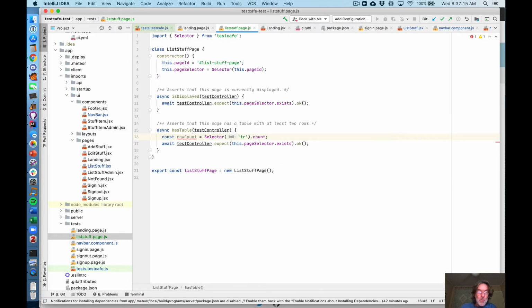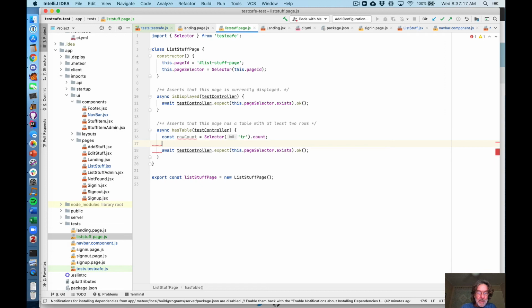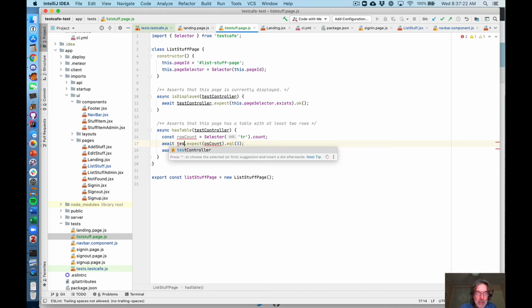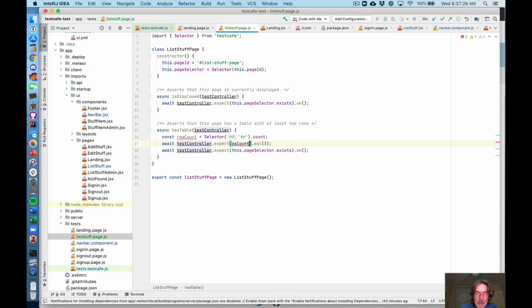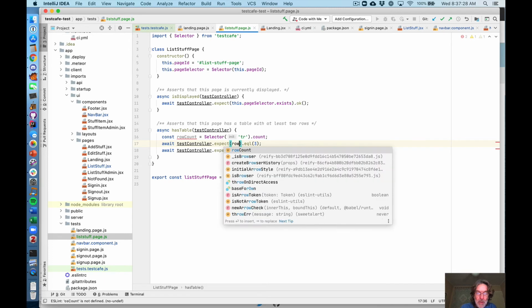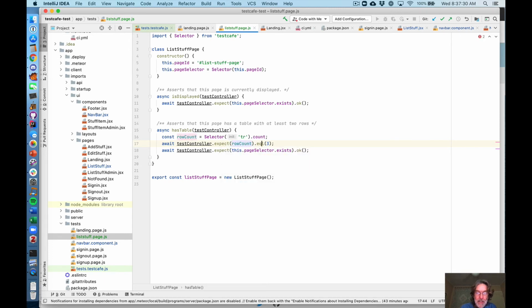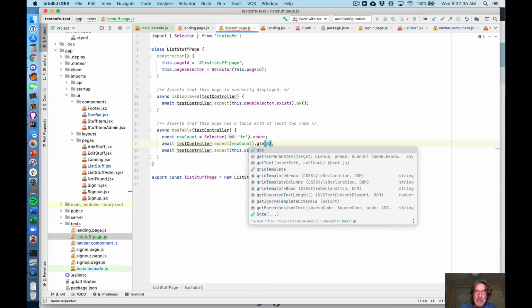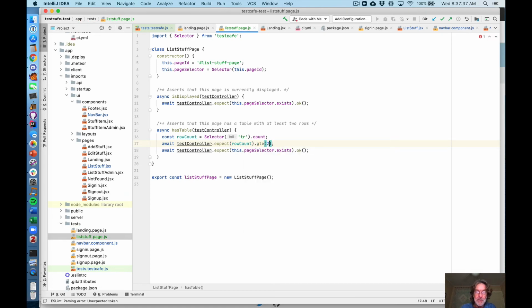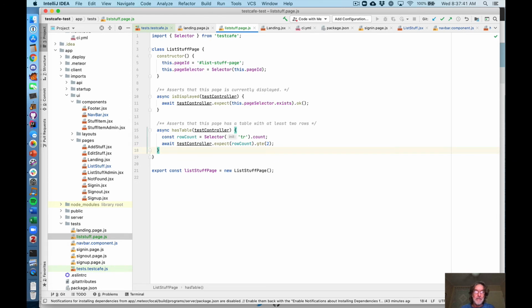So we're going to await t.expect. So t is really the test controller. And then expect row count. And then instead of EQL, we're going to say greater than or equal to. And we want it to be greater than or equal to 2. Okay, and then we get rid of this line altogether. Okay, so there is our